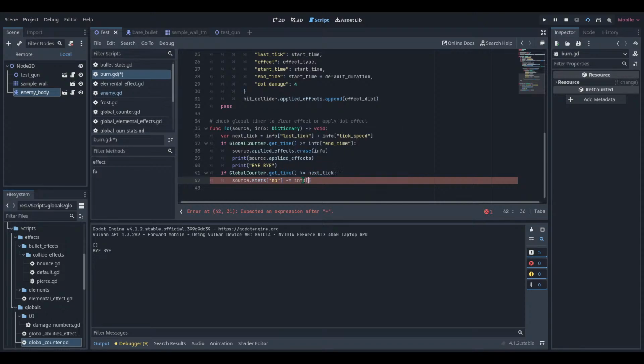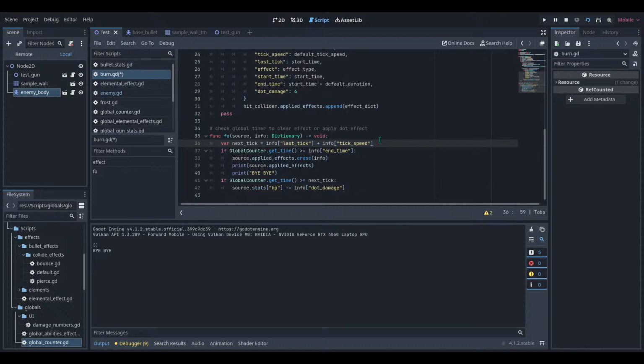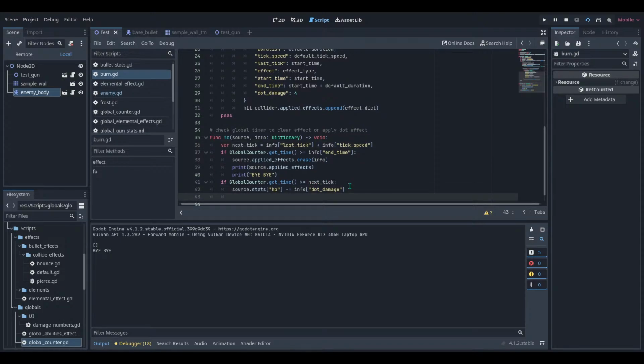Info of dot underscore damage. Bada bing, bada boom. And then we need to say, this is what I think might break something. Last tick equals